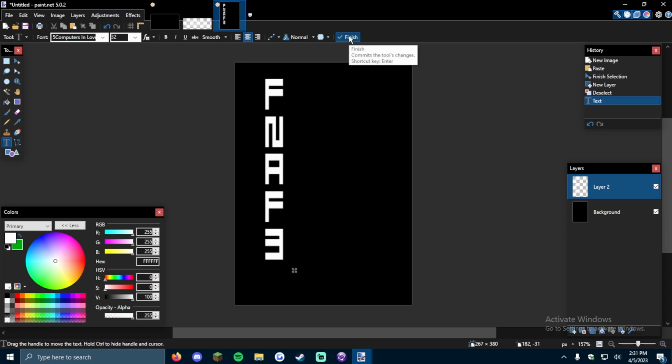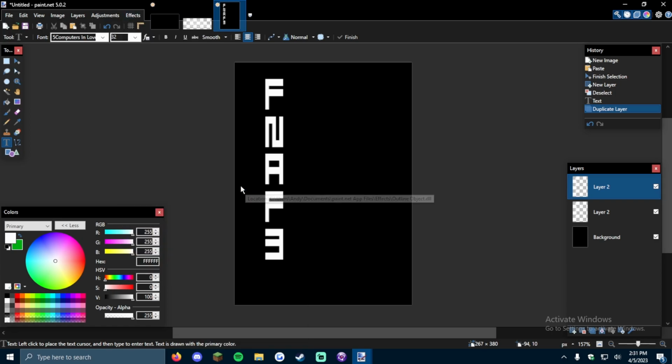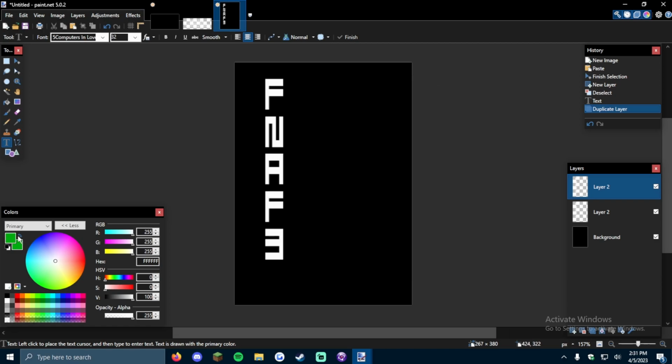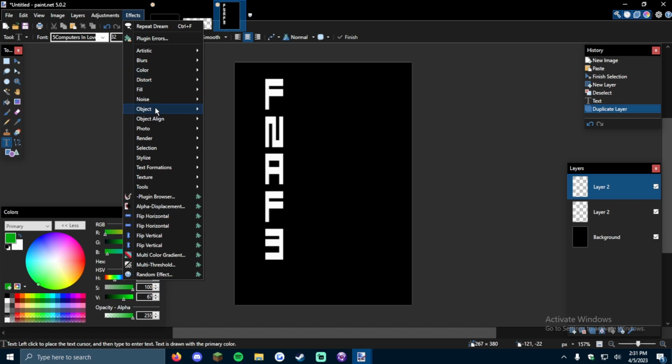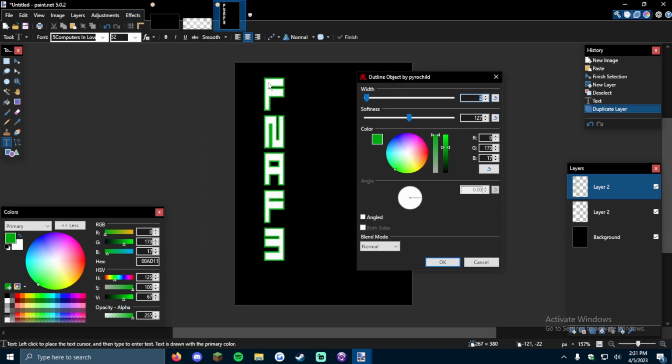So what you're gonna want to do, you're gonna want to press on this duplicate layer, then press on that, and then go to effects, photo or object, then outline object. And then here, actually switch this around, then effects, object, outline object. Now it should outline it with this, so drag it to about there. I'm gonna make this softness. Okay, press OK,